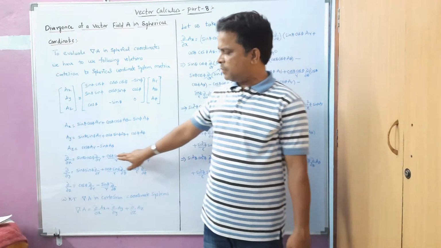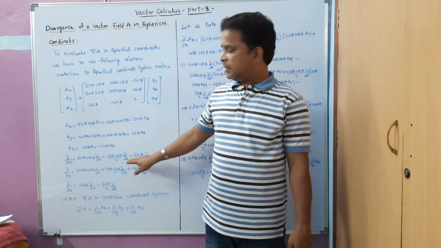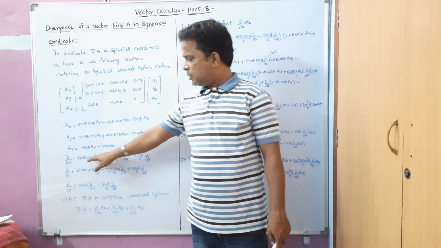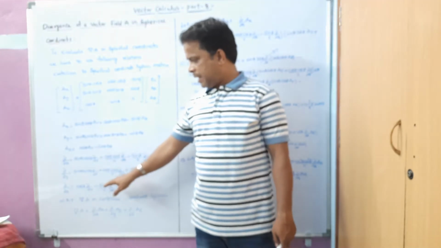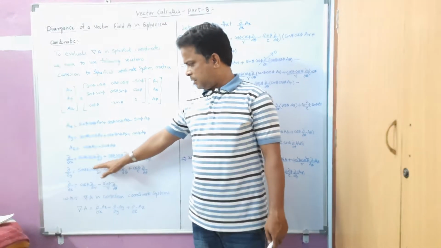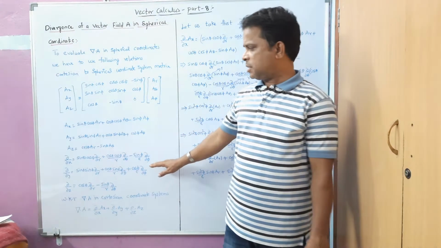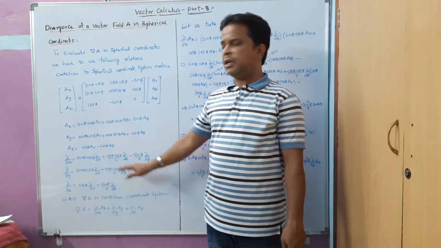These are the chain rule formulas which we derived in the earlier lecture videos on coordinate transformation, that is dou by dou x, dou by dou y and dou by dou z. So here we have already derived these relations. How do we get them? By using the chain rule.